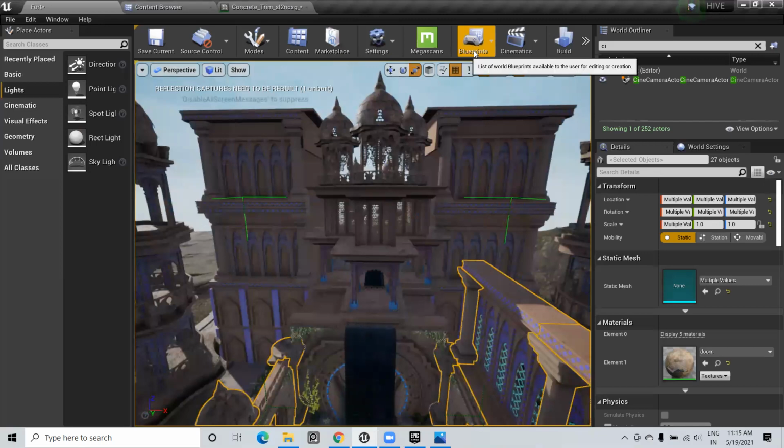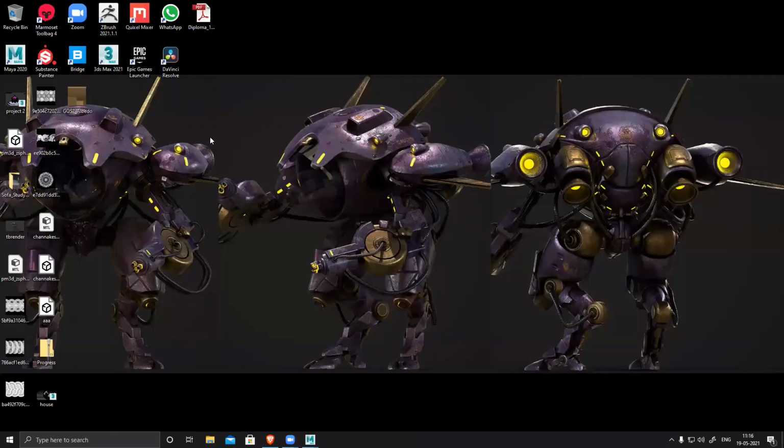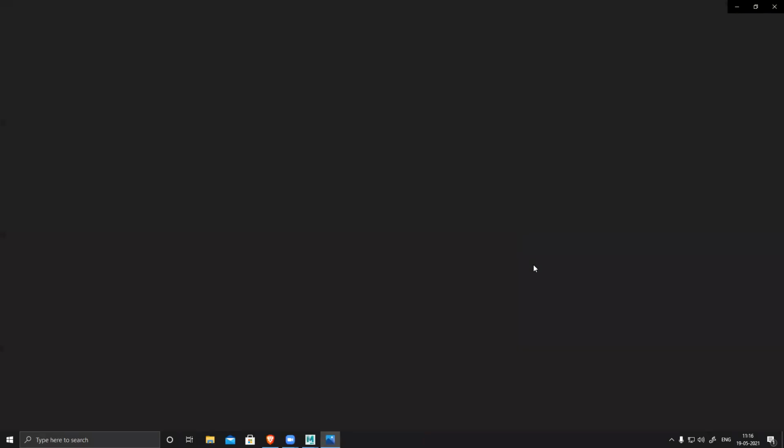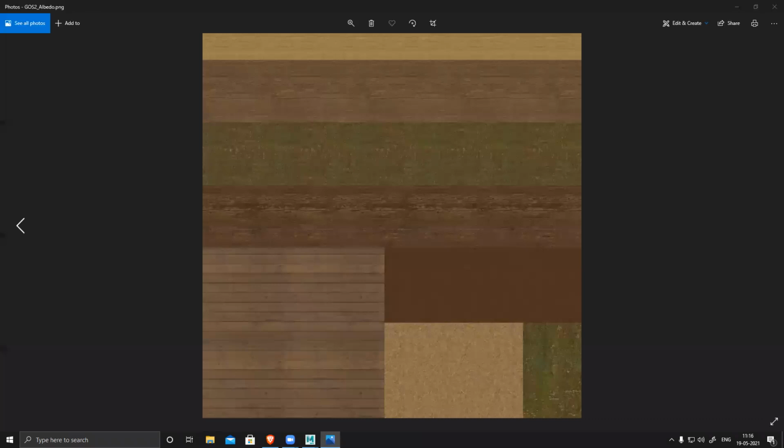So did you have a look at my trim sheet? Is it looking coherent? Because it's all part of the same exterior. One second, I'll just open it. Okay, but there is one issue with the trim sheet: I can see tiling within it. Tiling is visible everywhere. That is the problem.